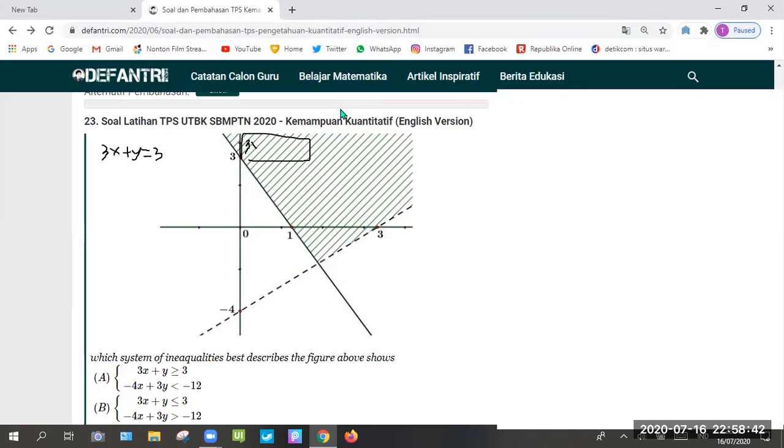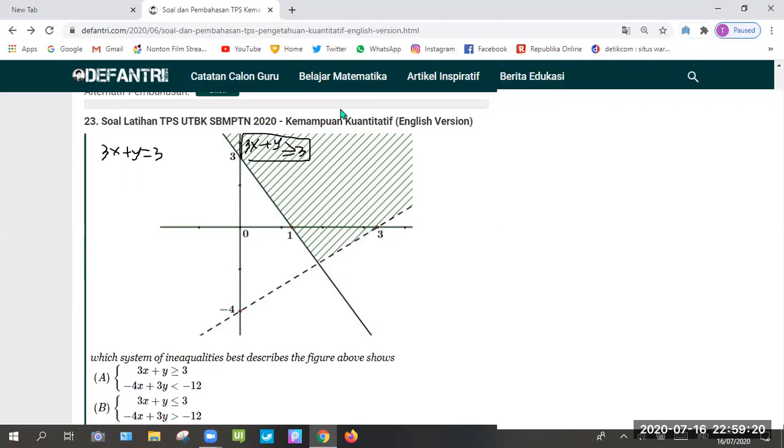Okay, I'll do it. 3x plus y more than 3, because the colored side, the line side, is on the top of this line, on top of this big line. So yeah, that's why. And on the second, we have the